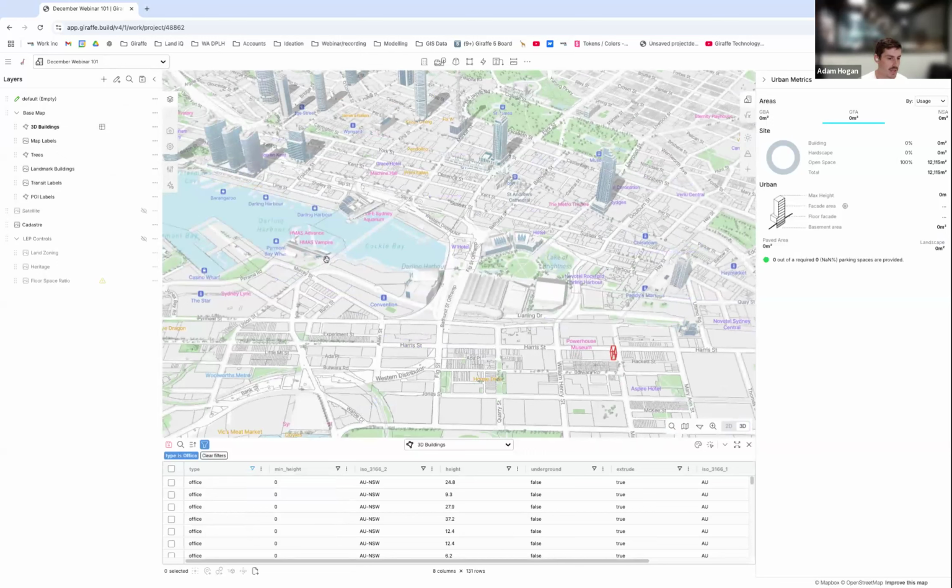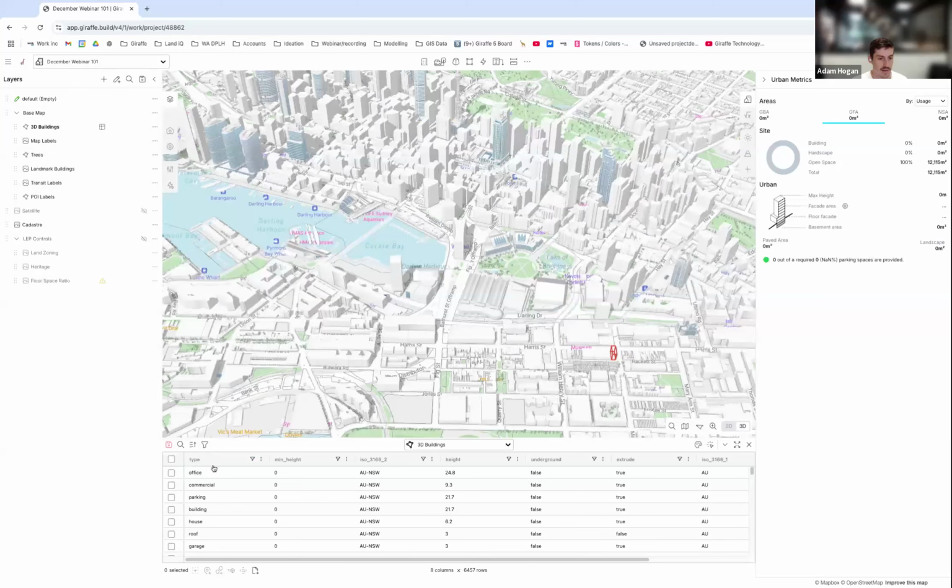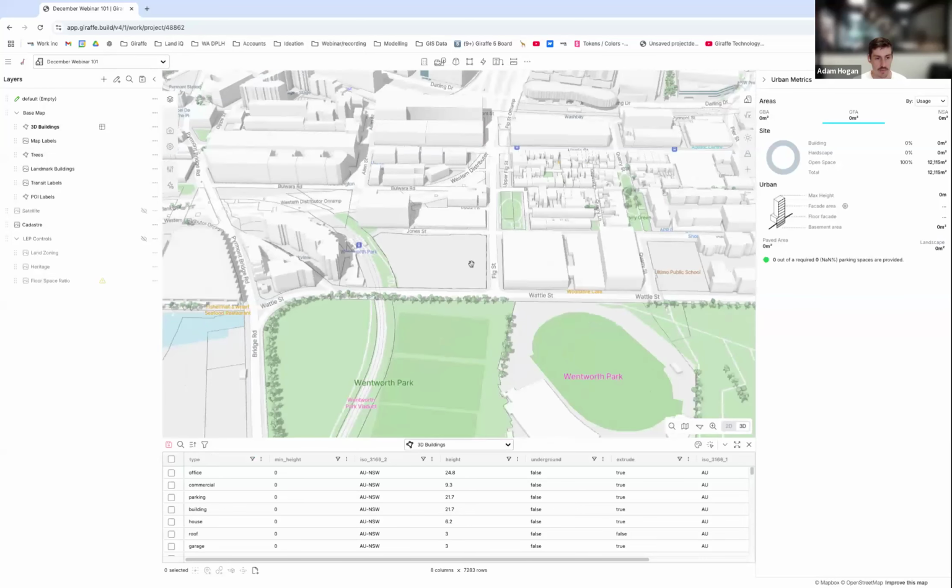And so if you had your own data set with some of the metrics that you're interested in, depending on your project, you could then bring that in here and gain additional insight by filtering out that information, whether it's the building age, the types of office or residential, maybe the height of it as well. And we can get a bit of a lens on that data and gain some insight there. So I'm just going to clear that filter, as there's one of the other things I wanted to show you